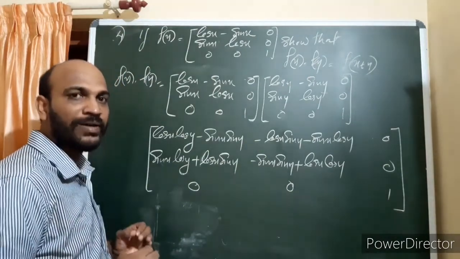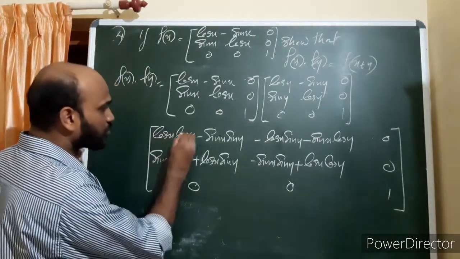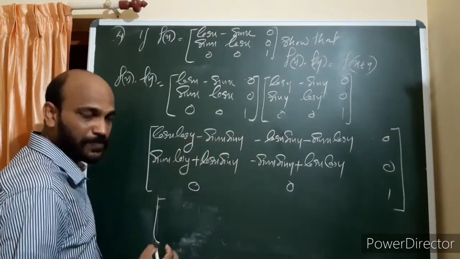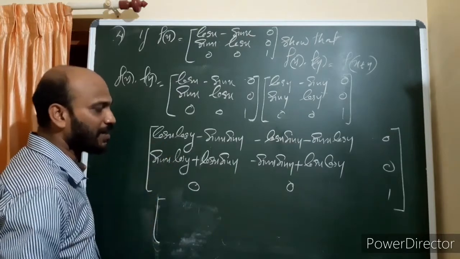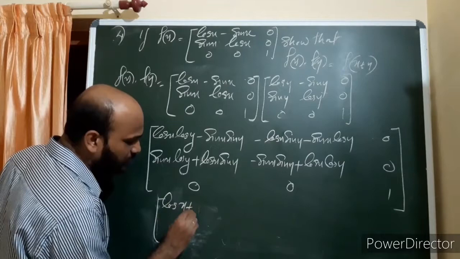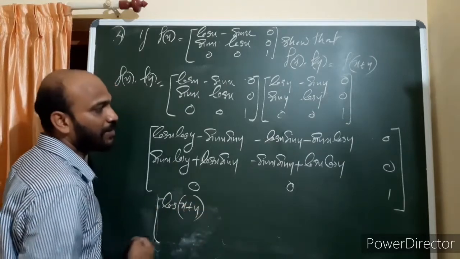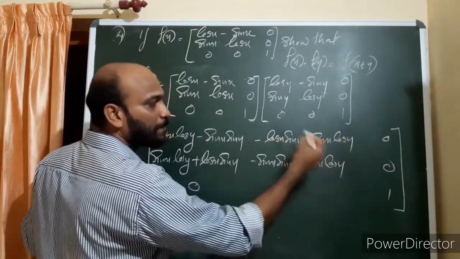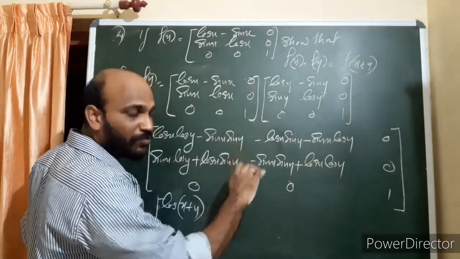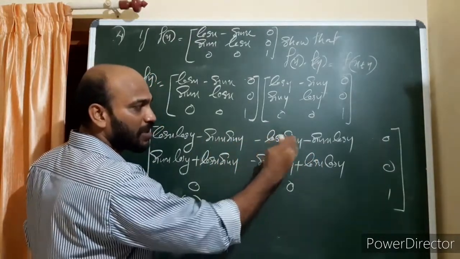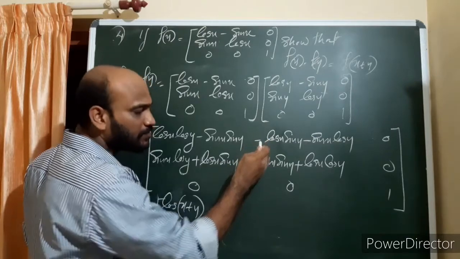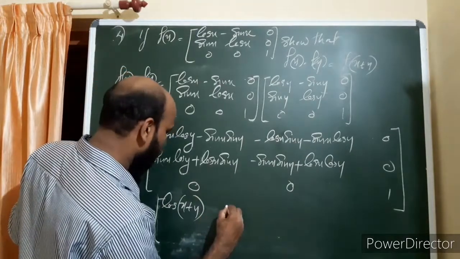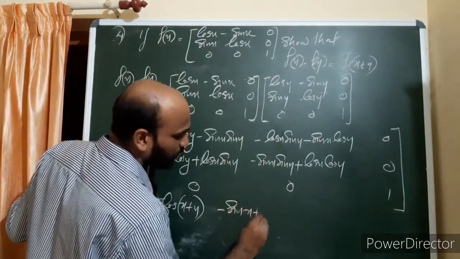Now here you have to use trigonometric results. So cos a cos b minus sin a sin b is equal to cos of a plus b. So cos x cos y minus sin x sin y will be cos of x plus y. That is the identity. Now from these two we can take minus outside. Then you will get minus of sin x cos y plus cos x sin y. Take minus 1 first. So sin x cos y plus cos x sin y means sin of x plus y. So this will be minus of sin of x plus y.